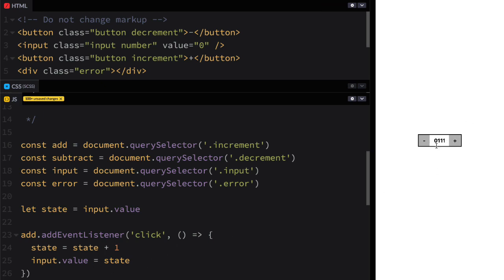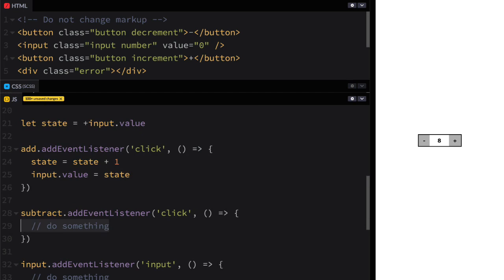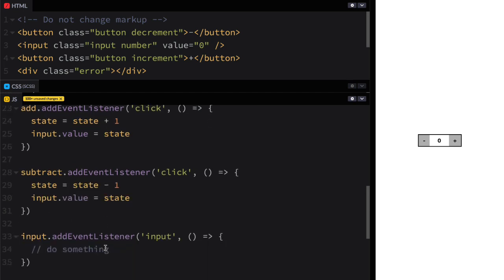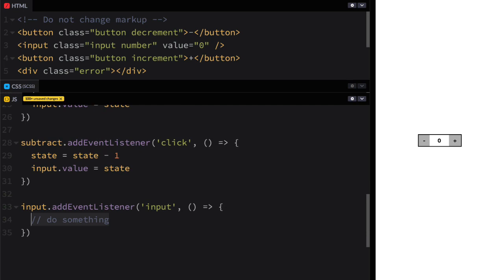We forgot a step. And what we've forgotten is that all inputs, even number inputs, are strings. Okay, so we need to make sure that we start with a number, force it to a number, and then keep updating with the number. So that one works. We can go down here, paste it in, make it a minus, and then down here, just like this,